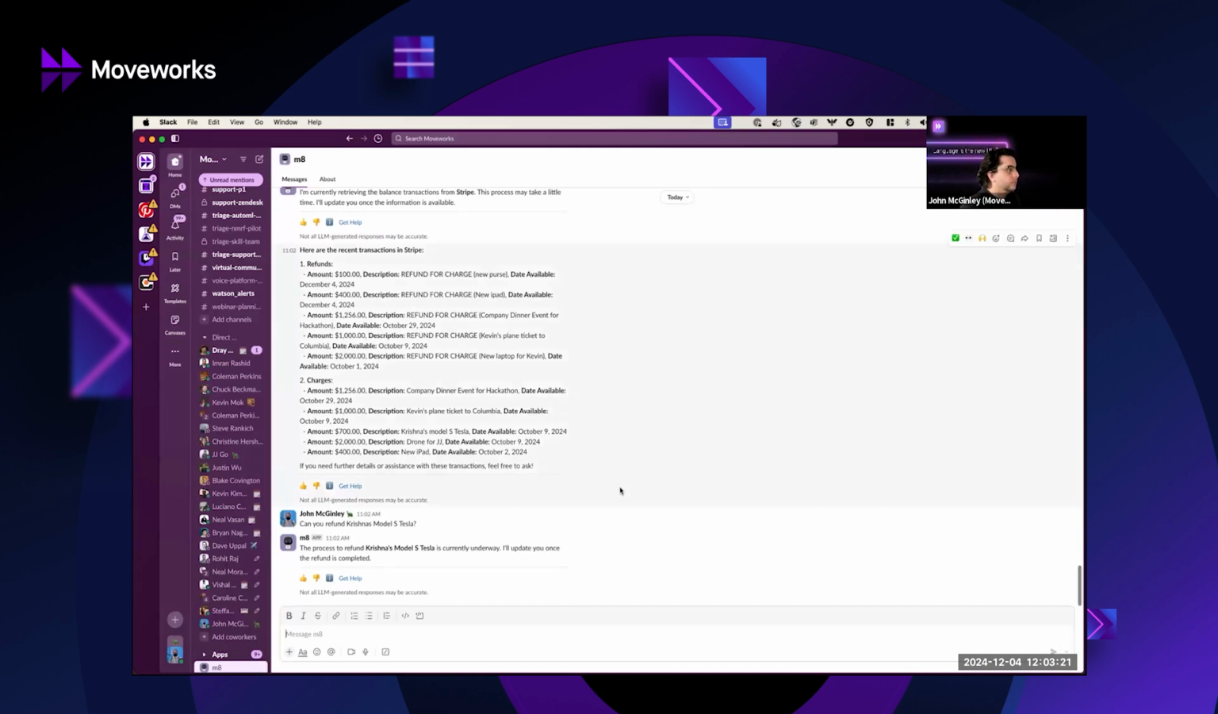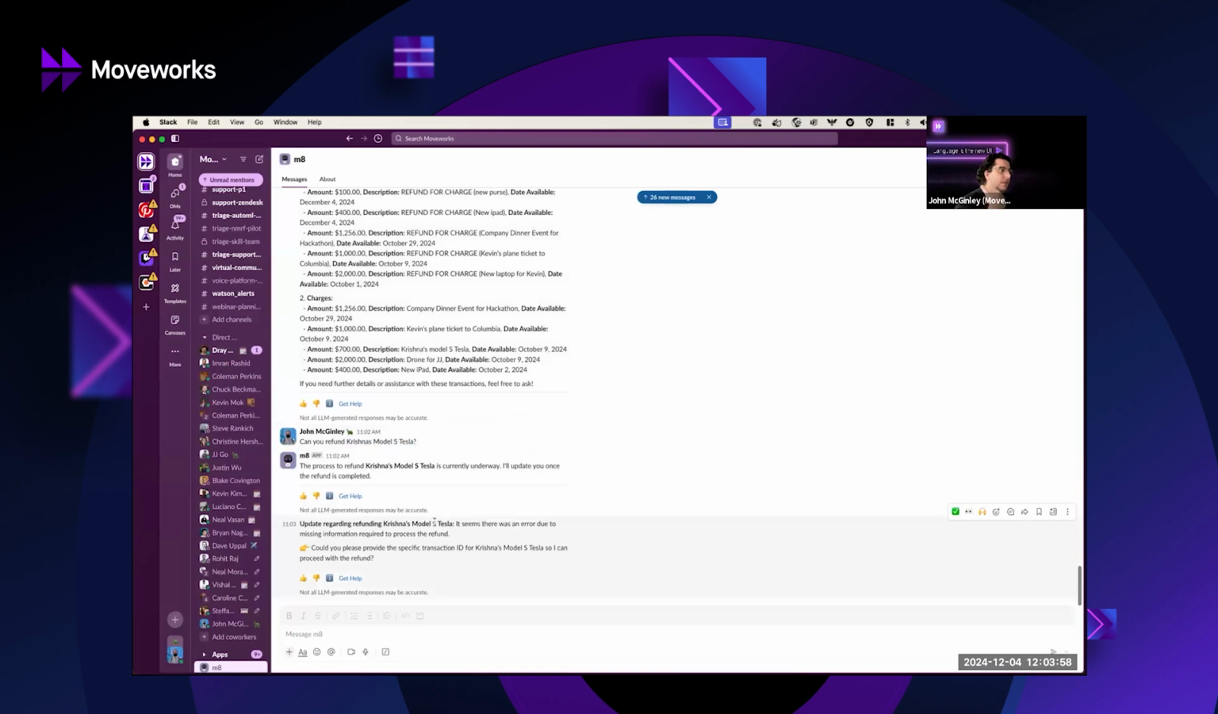So what's going on in the background here is it's making the call to the Stripe API, but what's really important is the slot resolution aspect of it. It's not shown here, but one of the things that it captures when it pulls these results back is that charge ID. So even though it's not showing it to me as an end user, under this line item where we have the amount, description and date available for Krishna's Model S Tesla, the LLM also has access to the charge ID associated with that. So when I ask it to refund that Model S Tesla, it references the transaction ID,